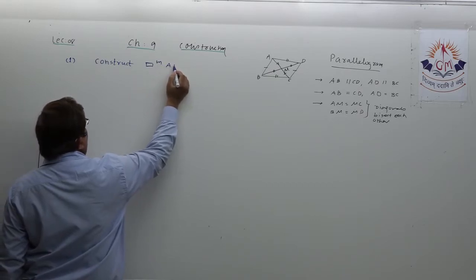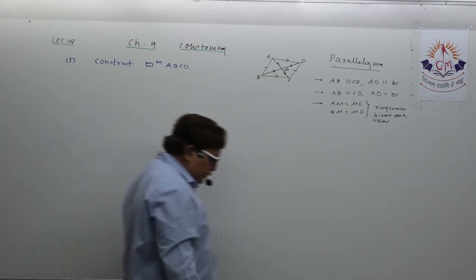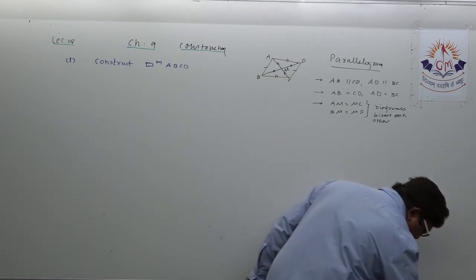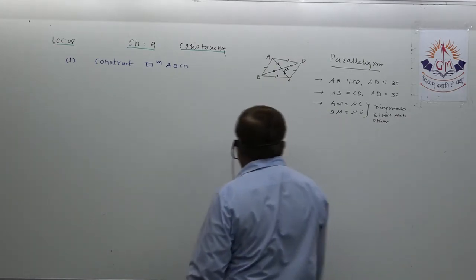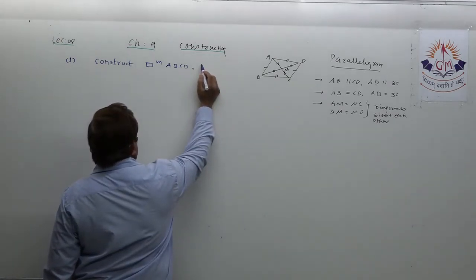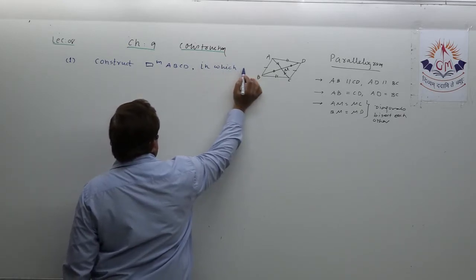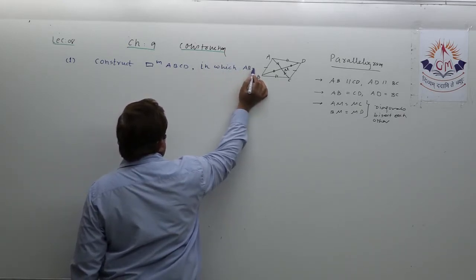This is a question for you. Construct parallelogram ABCD in which AB equal to